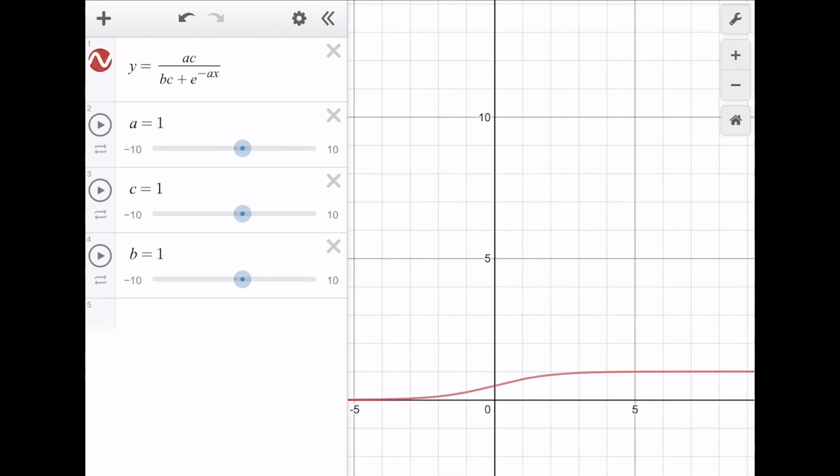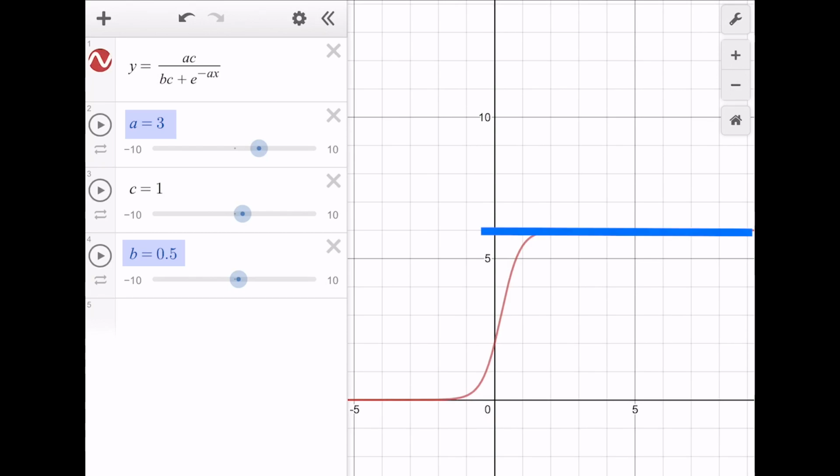So let's see how the different sliders influence things. Remember, the solution a over b, that's our carrying capacity. So a large value of a with a small value of b is going to increase our carrying capacity. So right now we have a carrying capacity of 3 divided by 0.5, which is 6. And you can see that, yeah, as our population gets closer to 6,